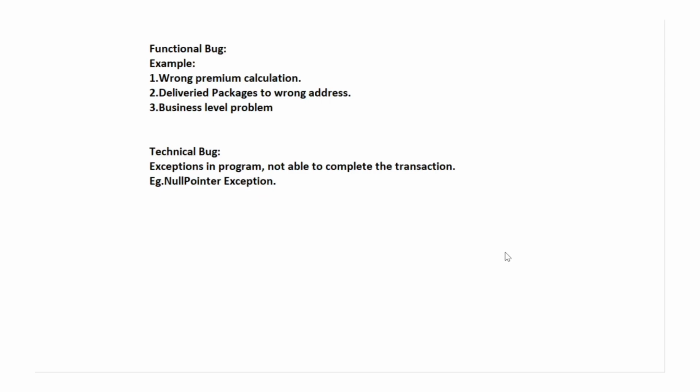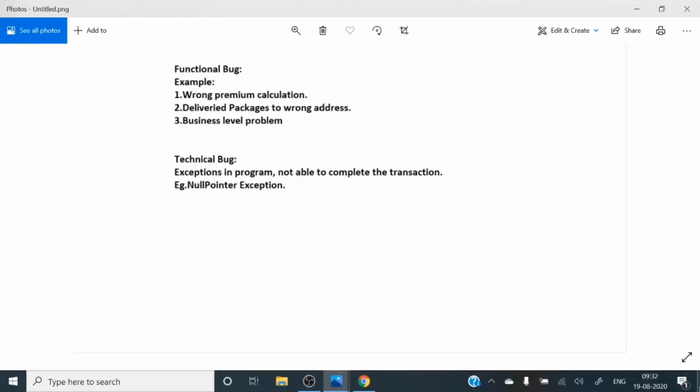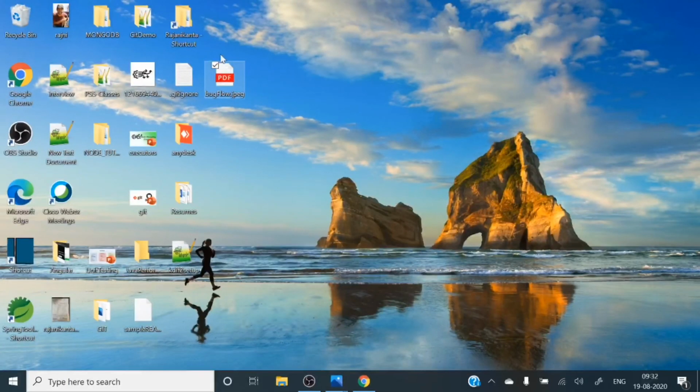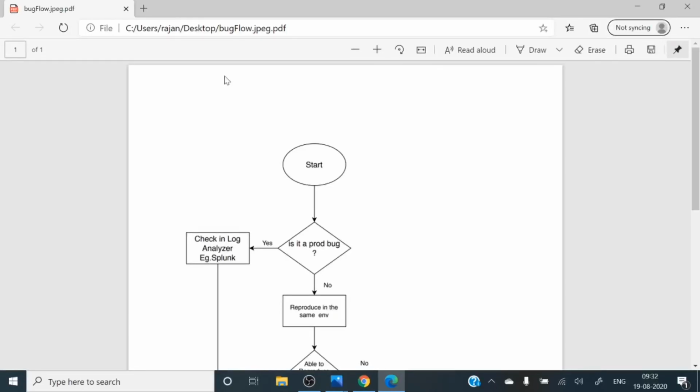Okay, so we have discussed the types of bugs. Let's see how we should approach and solve those bugs. For that I have created a flowchart. Flowcharts are always important, whether you are developing a module or a fresh application or some functionalities.